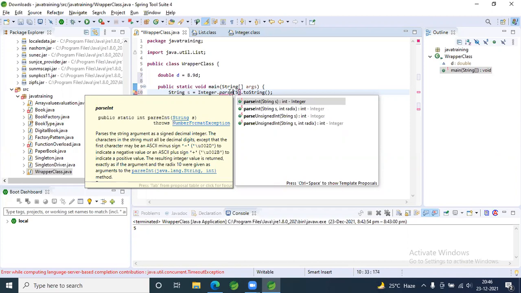So what is the difference between valueOf method and string parseInt method? Both are internally giving us a return value of integer only, right? Even valueOf gives the return type as integer, and parseInt also gives the return type of integer. But why do we have the same logic in two different methods? Any idea? Any guesses? Even your valueOf is giving me the same output, and parseInt is also giving the same output. Can someone guess it out?